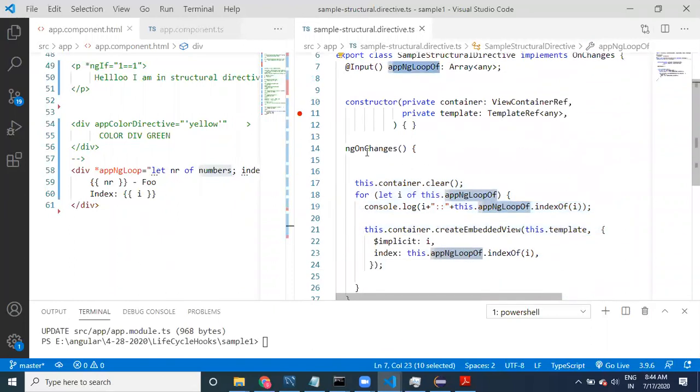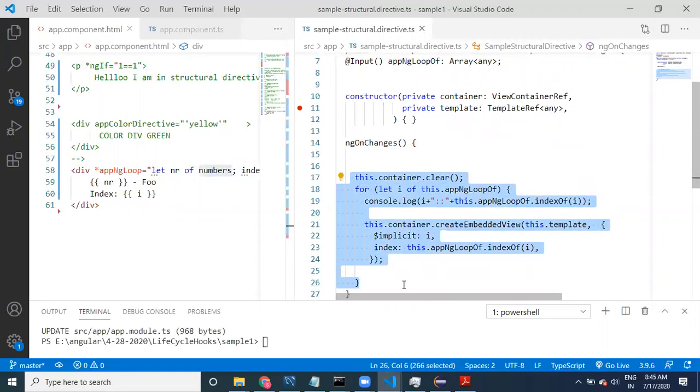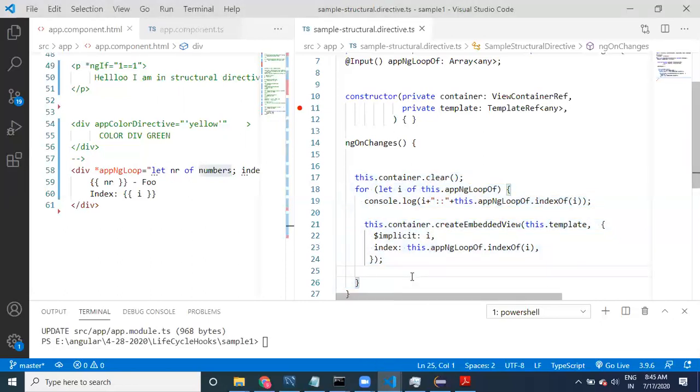And one more thing is, this logic has to execute every time the property changes. Every time the property changes, guys.